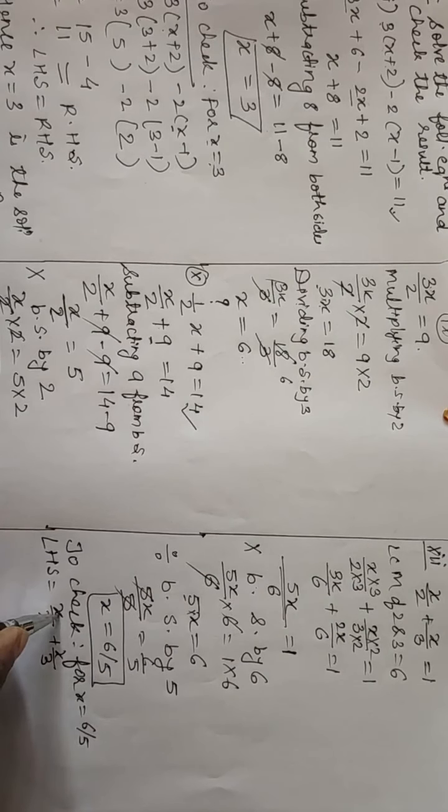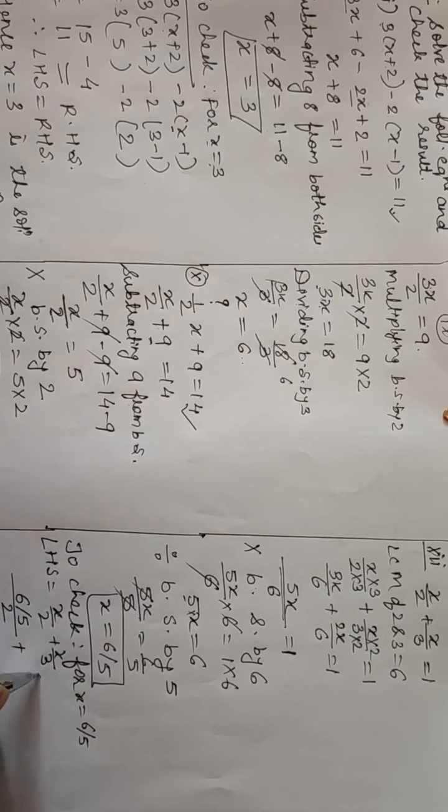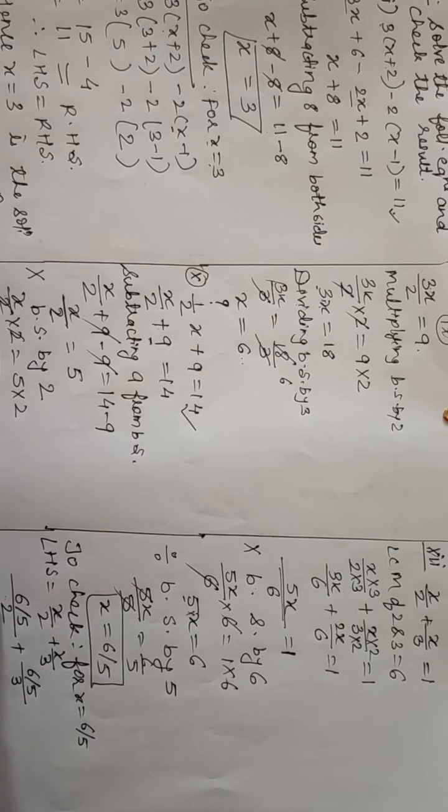Now in place of x you have to put 6 by 5. So 6 upon 5 by 2 plus 6 upon 5 by 3. Now you know children, this division by 5 here you can take. Means 6 by 5 will be as it is. 2 by 1, if there is no denominator, what is there? 1. So 2 by 1, this division convert into multiplication and here 2 by 1 becomes what?